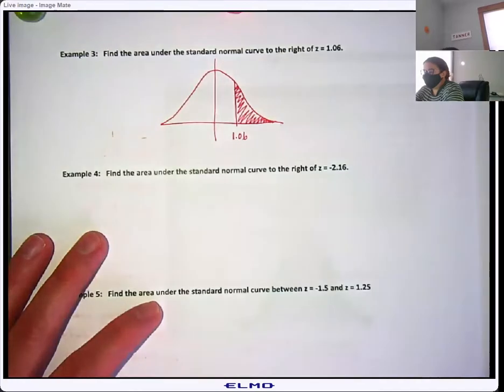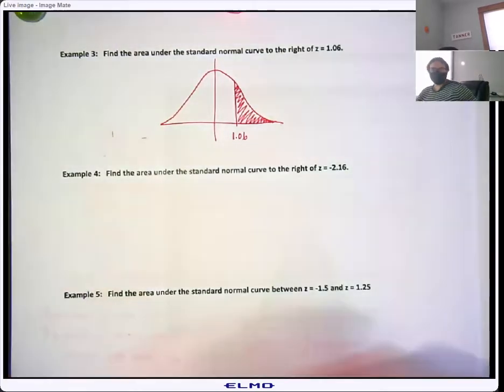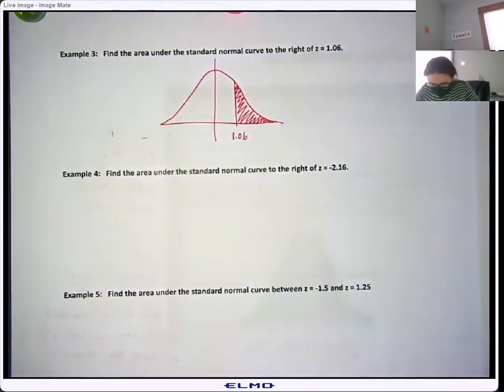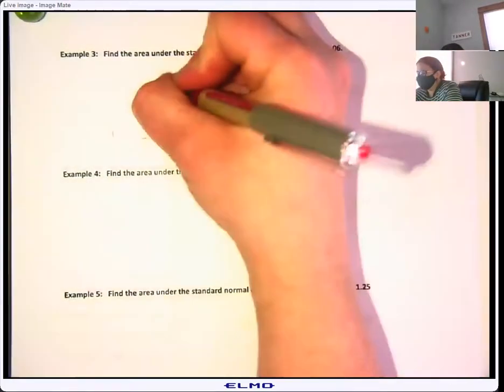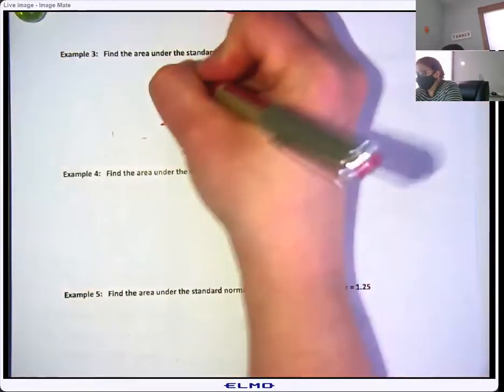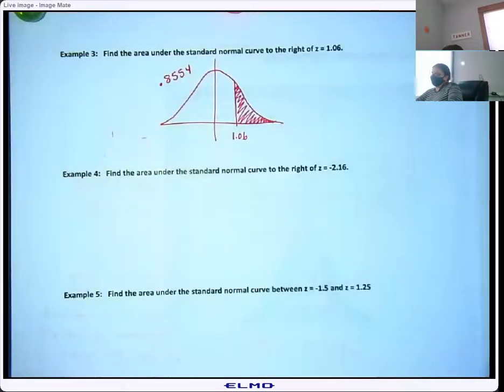Okay, but so let's look up 1.06 in our table. 1.0 and then 6. 0.8554. Can somebody explain that to me? Yes, because this right here,